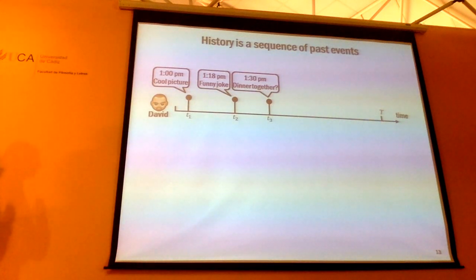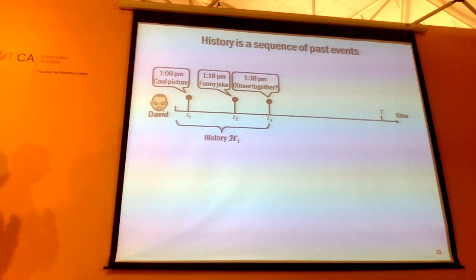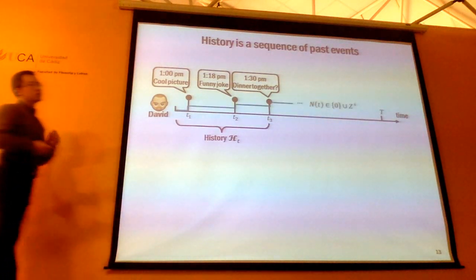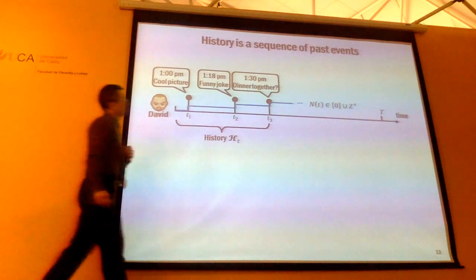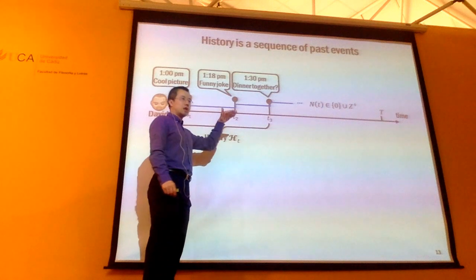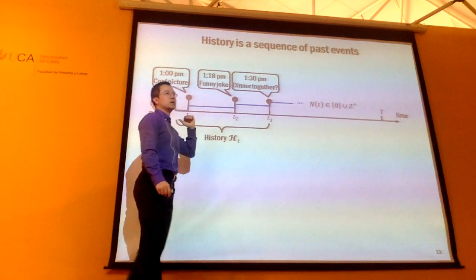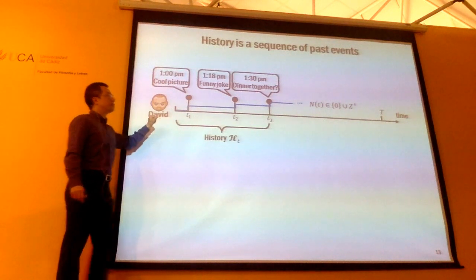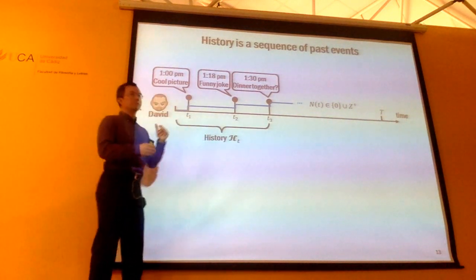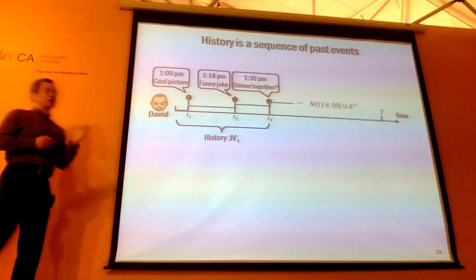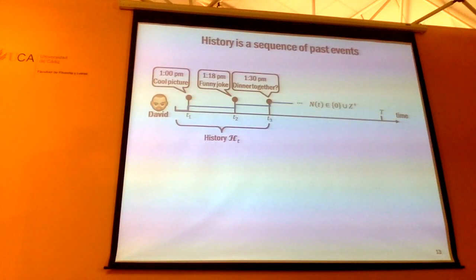To do this, typically you will represent this history of David as something called the counting process. It is just some non-negative integer assigned to this user, which is going to change over time. It just counts how many events have been generated by David at a particular time t. Okay, very simple. Every time you see a new event, you increase it by 1. That's the counting process representation, right?